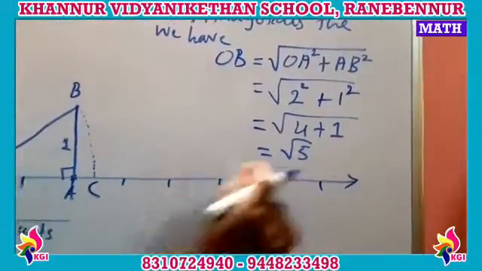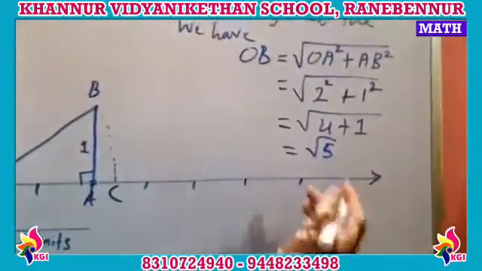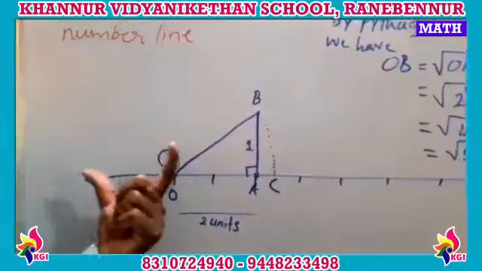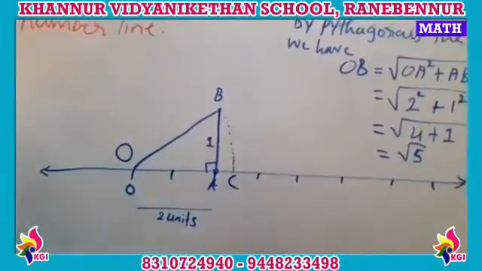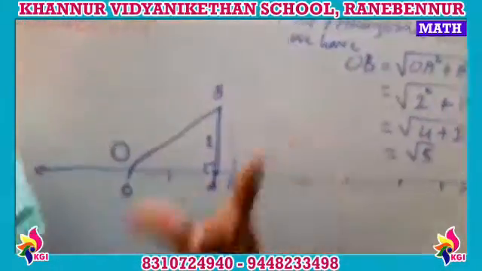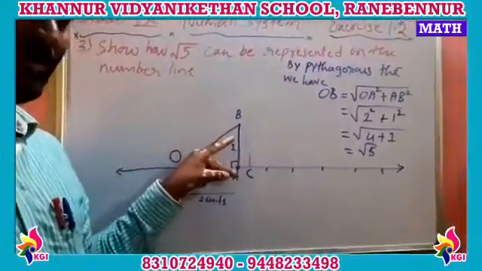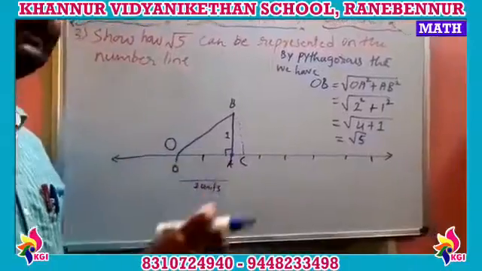So then what is this square root of 5? They asked us to find this square root of 5 only. This is the way we can represent the square root of 5 on the number line. If initially you are not getting what this 2 units and this 1 unit are, you can do it very neatly and correctly.